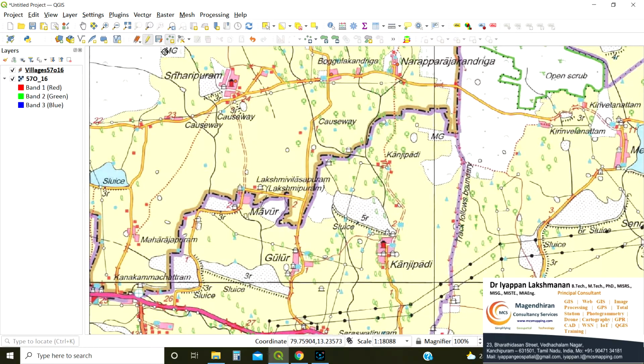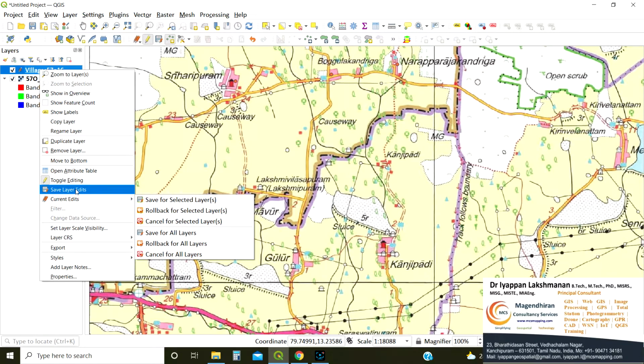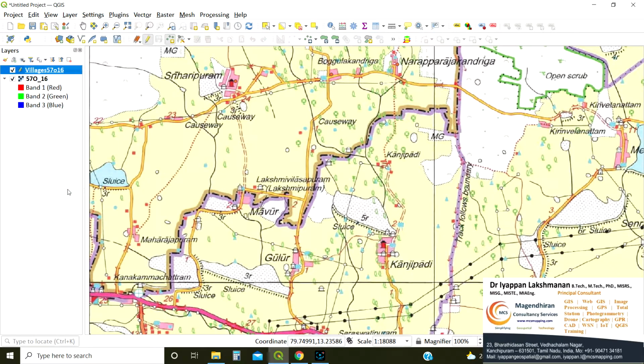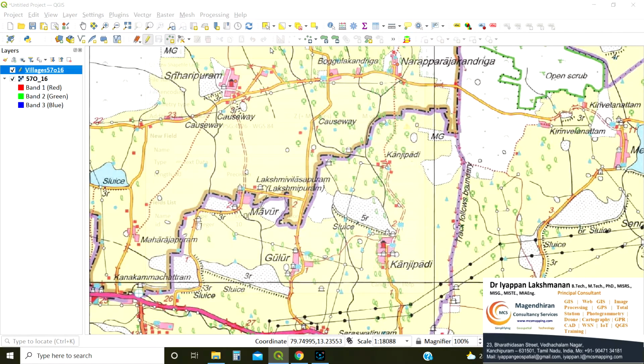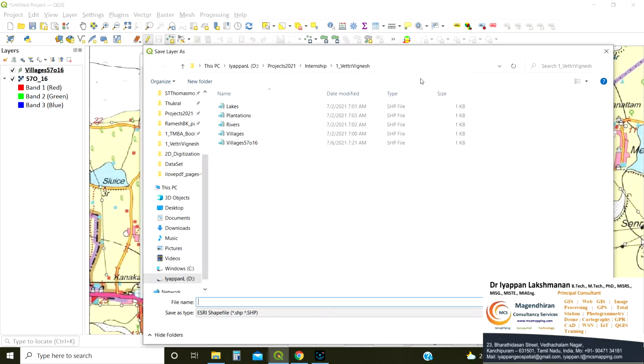Okay. After that, we have to right click, Save Layer Edits. So we saved the information. After that, we can create a road layer, new shapefile. Here you can browse where we have to store it. Same procedure,